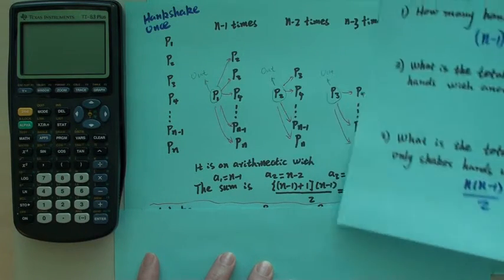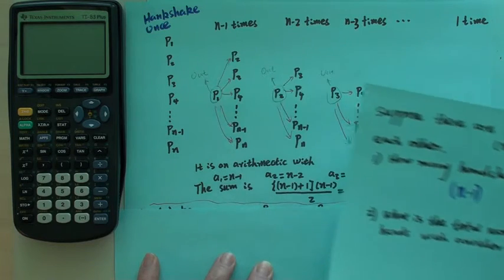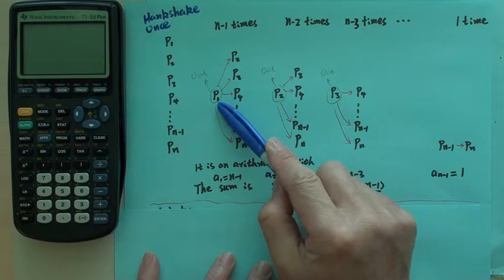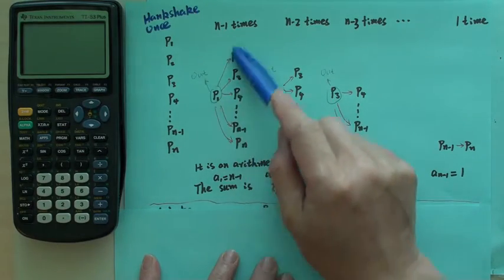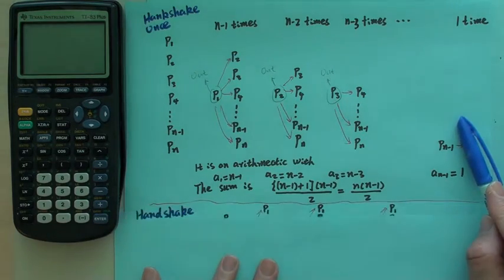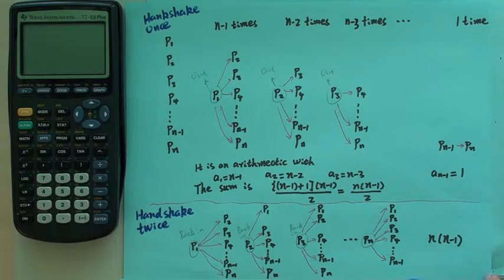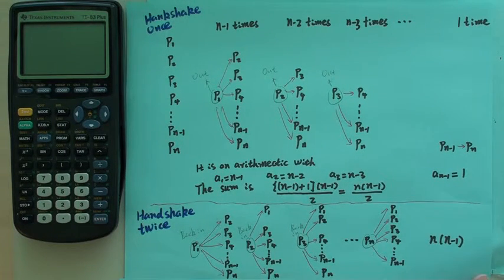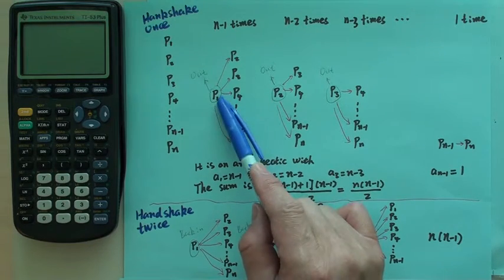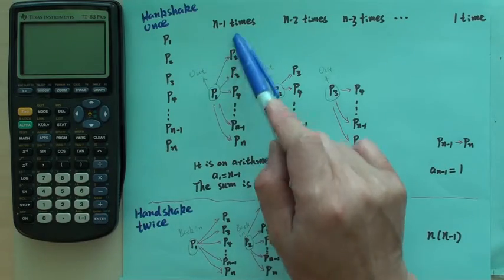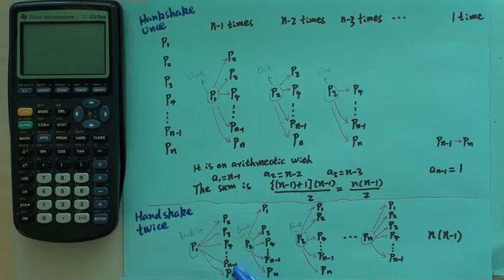Now we have to do handshakes twice. Then the picture will be different. The only difference is what? This person shakes hands with everyone, then goes back. That's the only difference. So here is the graph. Instead of shaking hands with everyone and going out, this person goes back to the line. So you see,